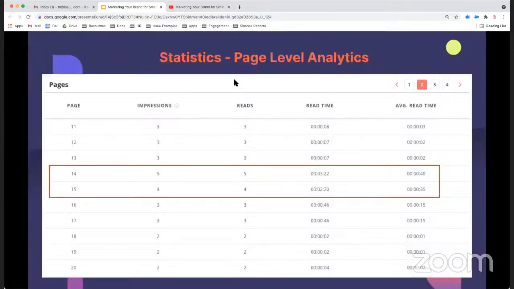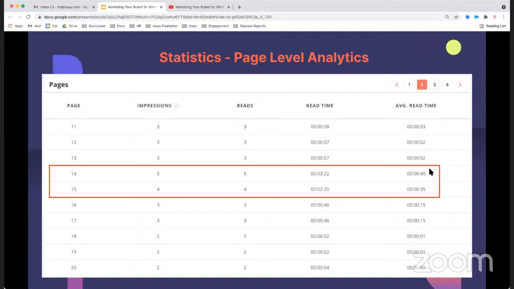Okay. And so here you can see the statistics, and on Issuu, you can view the page level analytics. So you see on each page how many people are viewing the page, as well as the average read time. So on average, how many seconds or minutes someone may be spending on your content. Determining which pages are garnering the greatest average read time in your document is important, because you want to look back and see which pages are the most popular